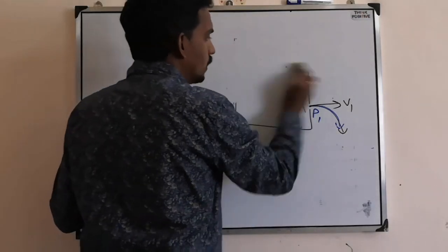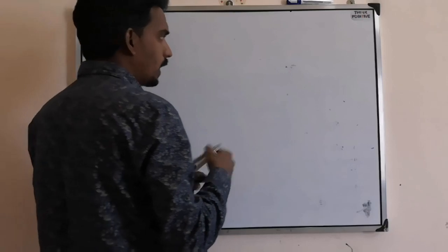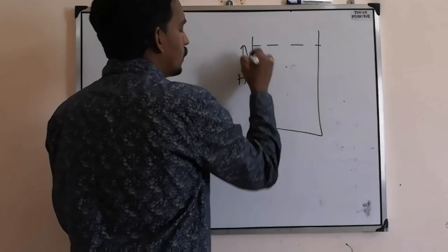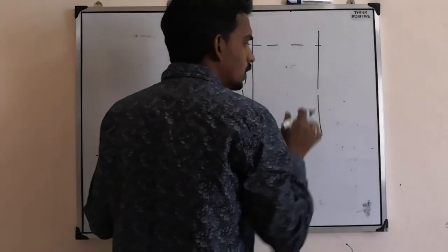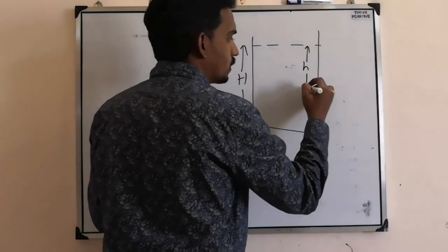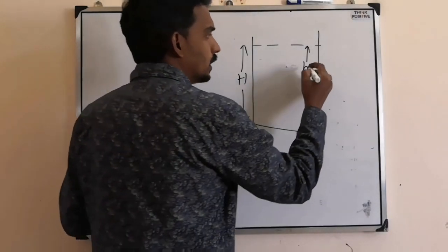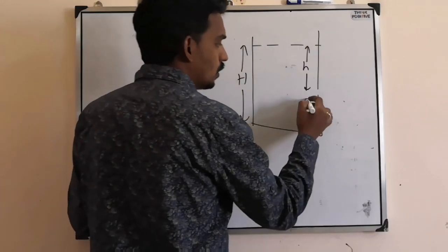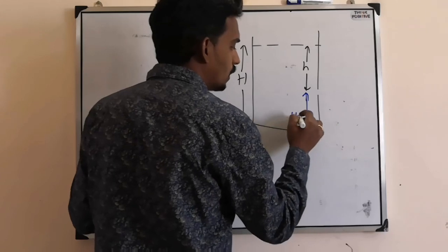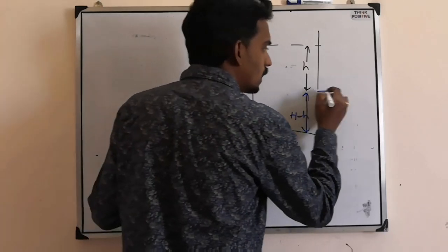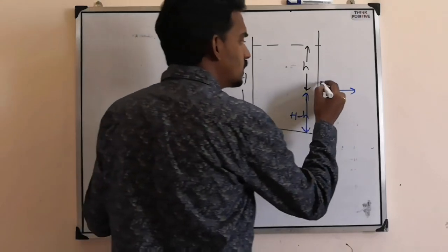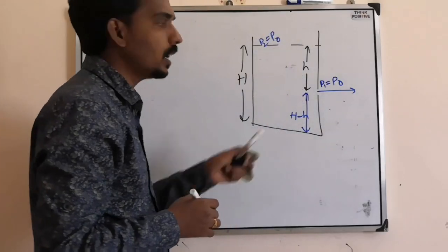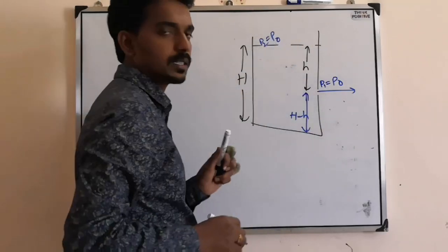Usually when the beaker is open, consider the beaker is filled with some liquid having height H, and you made some hole at a depth h. The formula we derive is with the condition that small h is the depth of the hole, so the height of the hole will become capital H minus small h, so that liquid will come out. But in this case, here pressure is P0, here also pressure is P0, both are pressure due to atmosphere only.